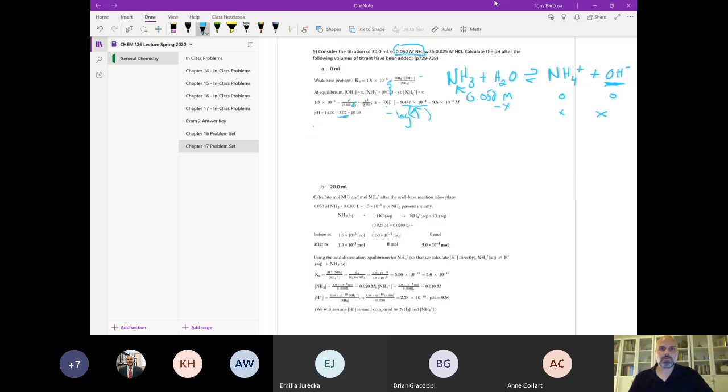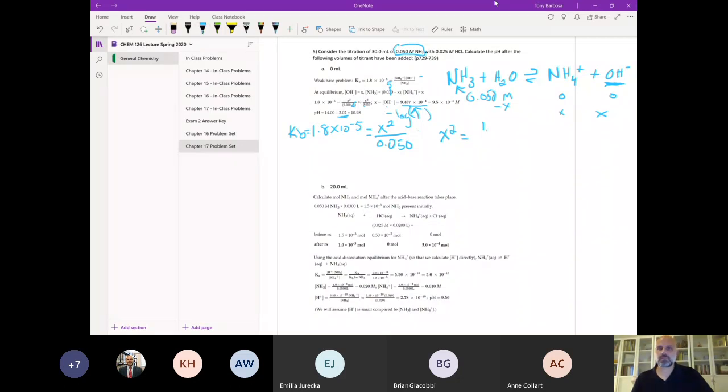So you end up with 1.8 times 10 to the minus 5, which is the Kb, right? So we have Kb equals 1.8 times 10 to the minus 5, which is equal to x squared over 0.050, and then we rearrange. I'm going to rearrange this to be x squared is equal to